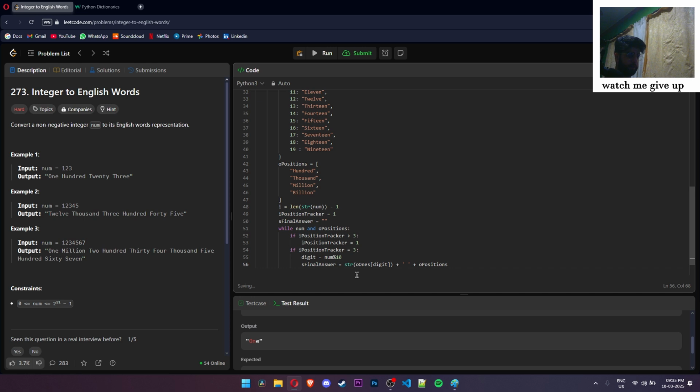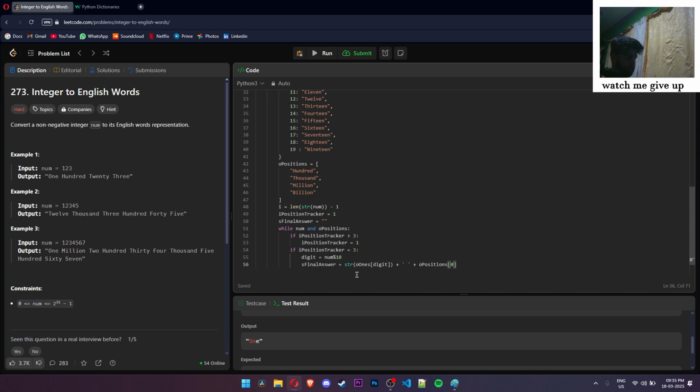This is gonna be kind of like a stack actually. Okay, we're gonna have to reevaluate after that as well, but okay, if position tracker equals 3, so digit equals,